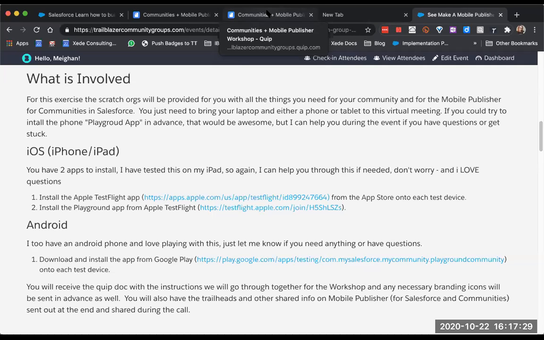Now, one thing I noticed when I installed it on my Android device is that the actual Playground app was getting updated continuously. I don't know if anybody that has an Apple device, maybe if you guys are getting fewer updates, but my app was updated pretty much every single day on an Android device for the Playground app. It's doing the same thing. Every time I go into it, it says update again. So yeah,